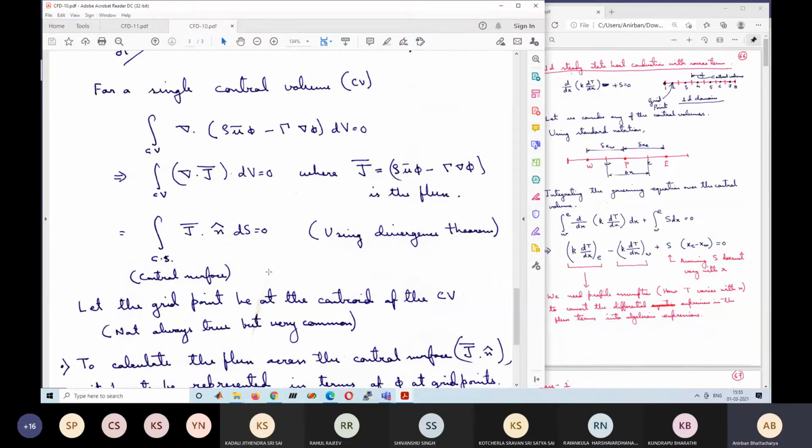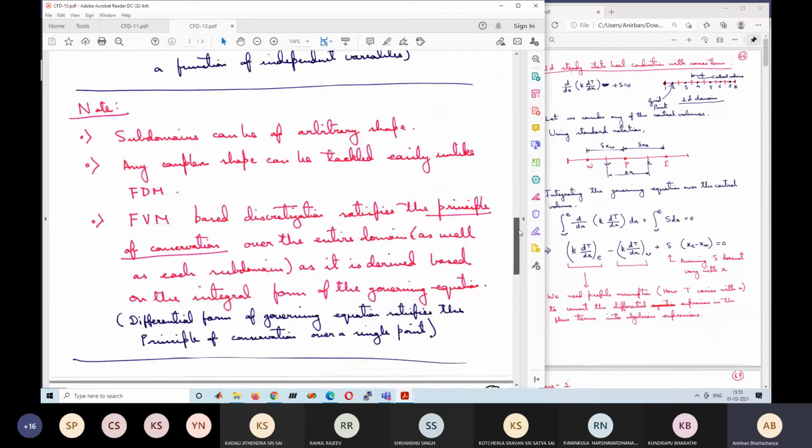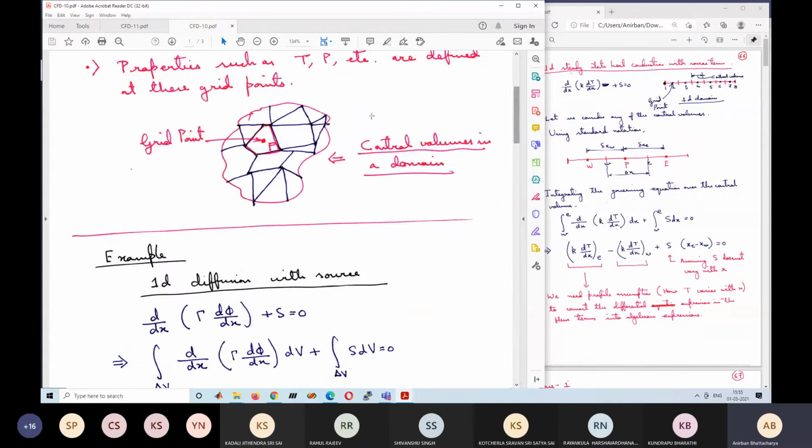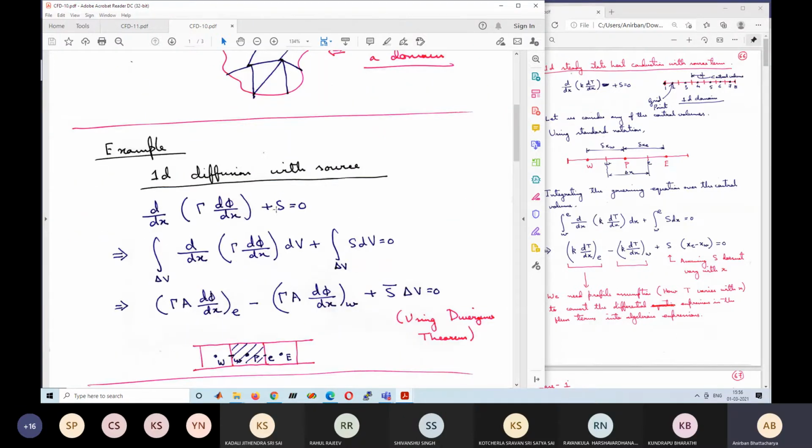Okay. So we have to imagine, if we have an arbitrary surface, okay, let me go back to some of this. If I have an arbitrary surface like this, over the entire surface of the control volume, the flux that is entering, that is perpendicular to the surface at each point, if we integrate that, that is equal to 0, because there is no generation or there is no going away of flux.